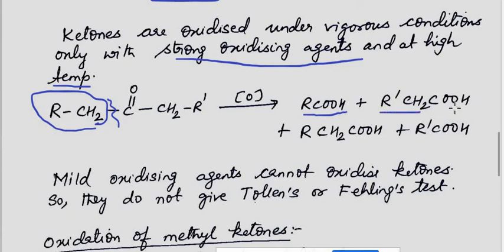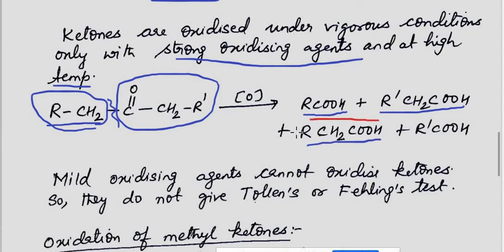When do you get this product? You get this product on the formation, again same bond. This is one carboxylic acid and this is second carboxylic acid by the cleavage of that bond. Now you have got third product also. When will this product be formed? This product will be formed when this bond is cleaved. When this bond is cleaved, this part will form the corresponding carboxylic acid, and this will be the second carboxylic acid. That's why we get a mixture of 4 products in this case.